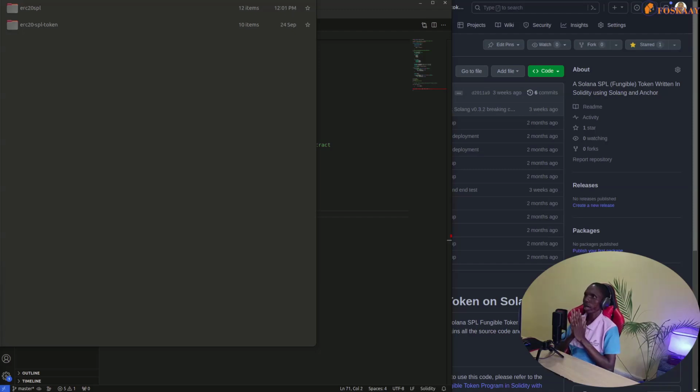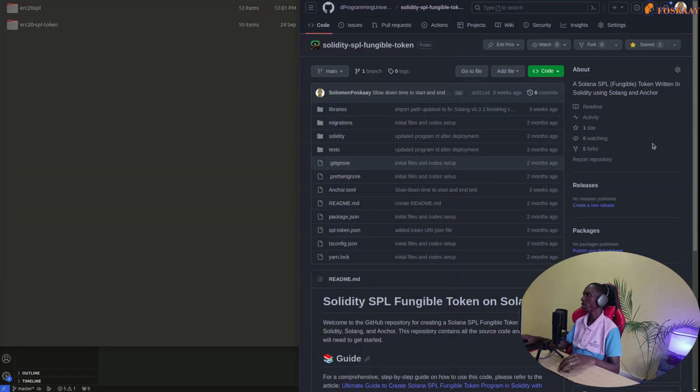So now, considering the previous one has helped you to have a basic, solid understanding about the contract structure, and you have seen a lot of the syntax as well, you will just go to the repo, which will be under the resources, and I will clone it, and follow it step by step on how you'll be able to use it and deploy your token. So with that, you will see those steps you've learned in the previous one, and then this time we'll deploy and do the tests. So the first thing, if you come to the repo, then you want to copy